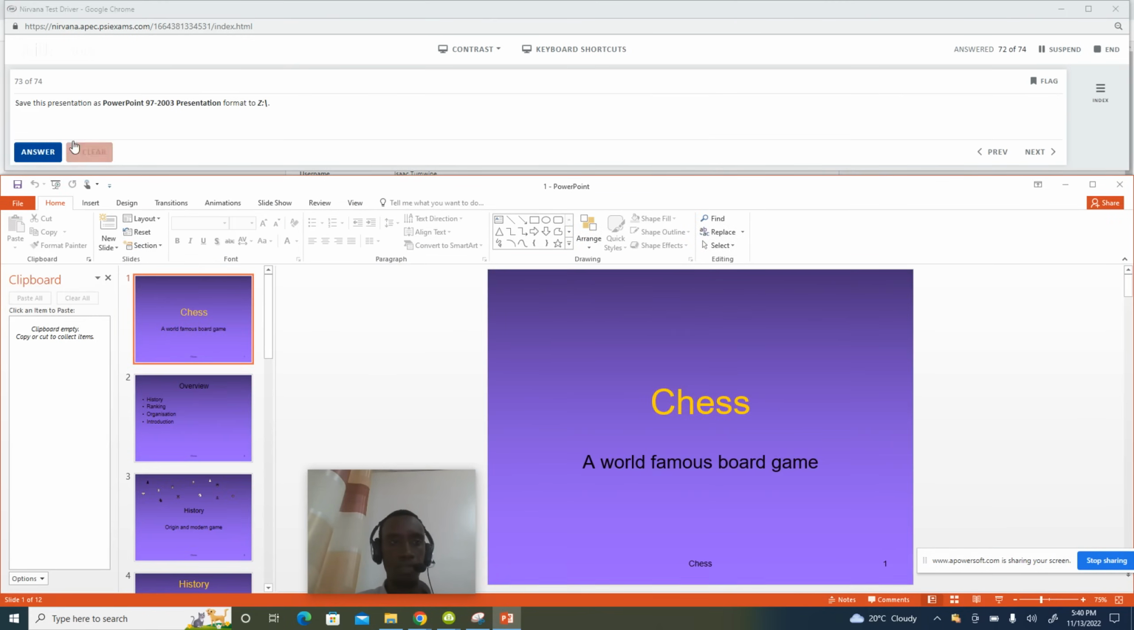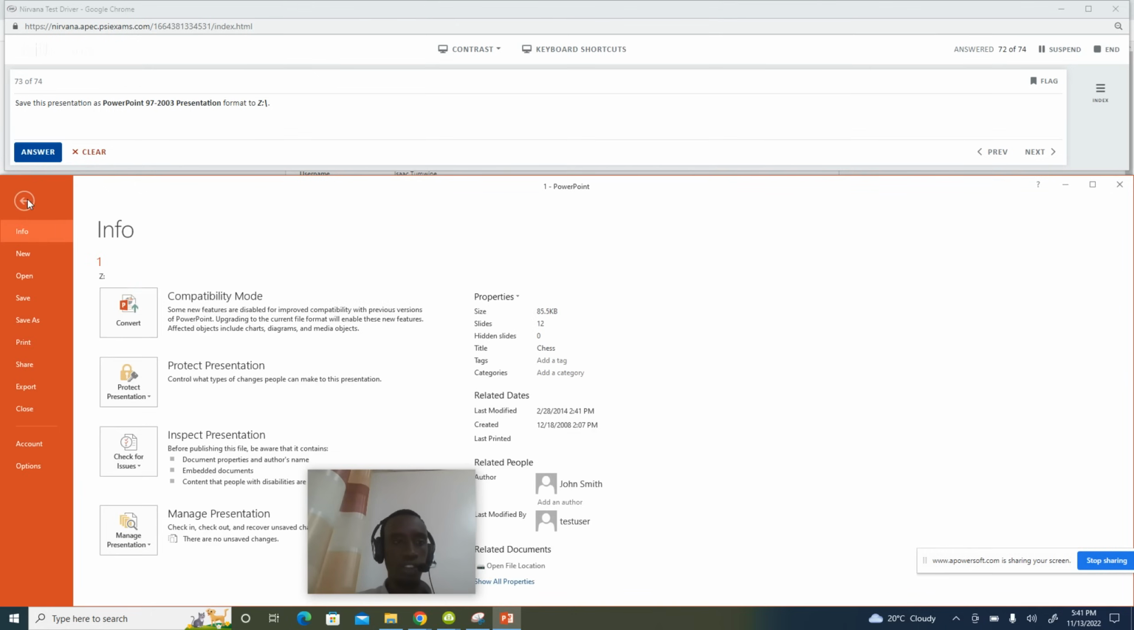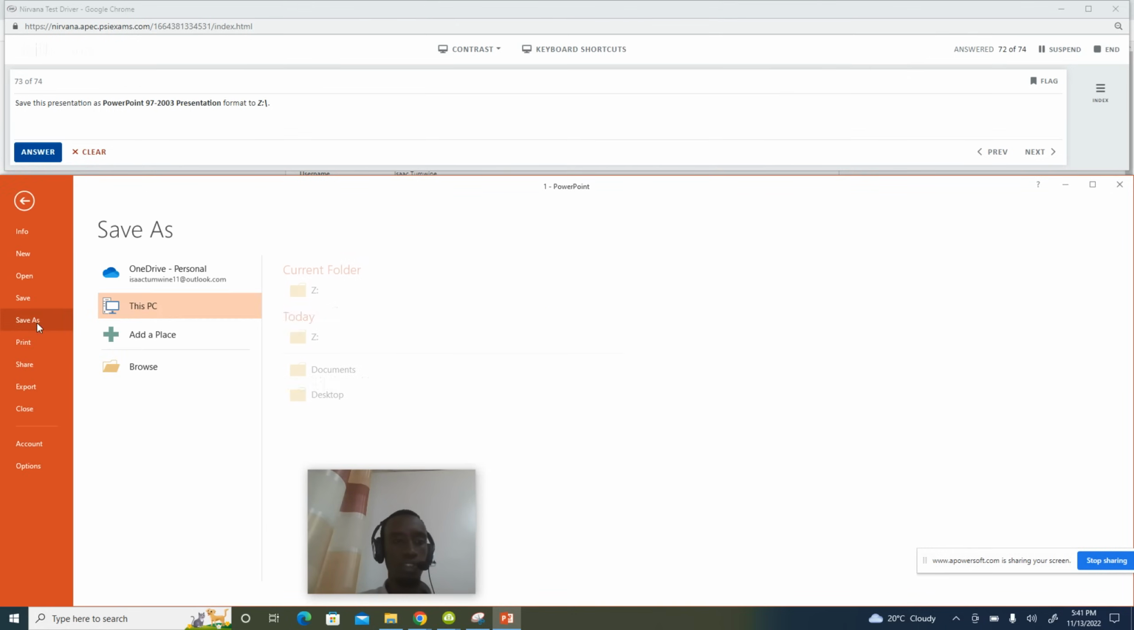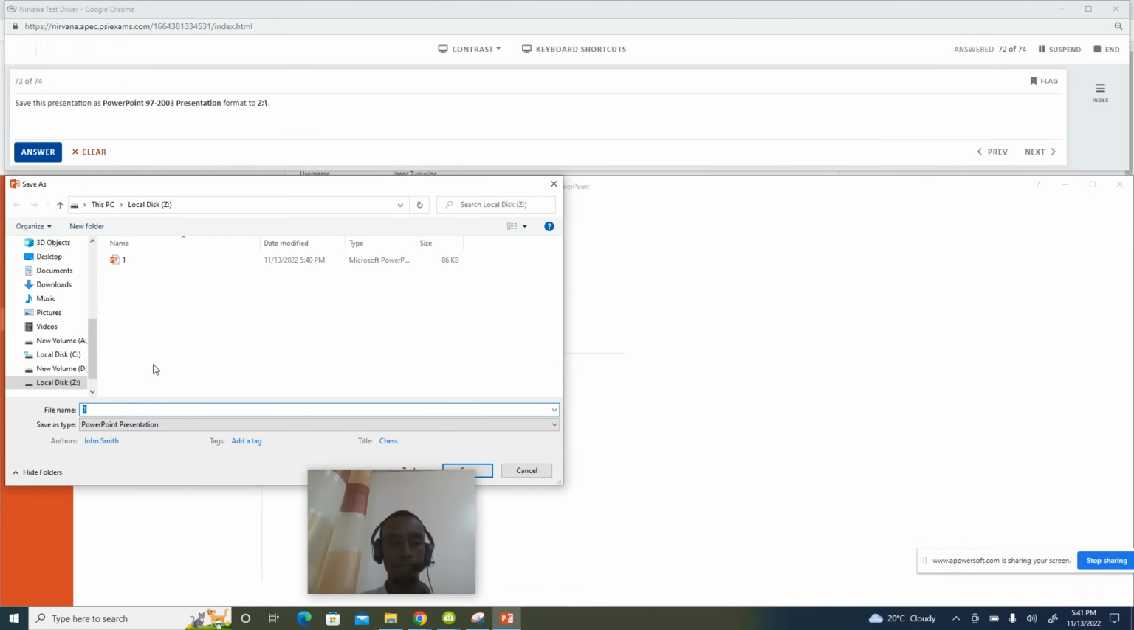Save this presentation as PowerPoint 97. This one is like an extension of other PowerPoint. We have different types of PowerPoint extensions. So if I come on file and then go to save as and then browse, over here you see we have something like save as type. So on save as type,